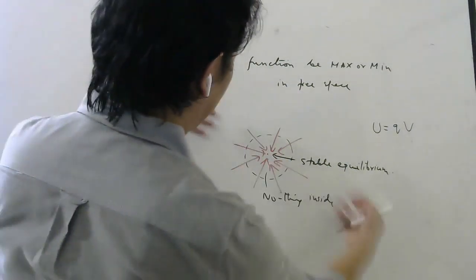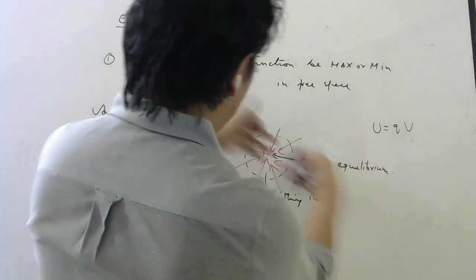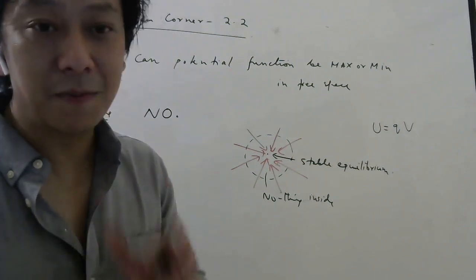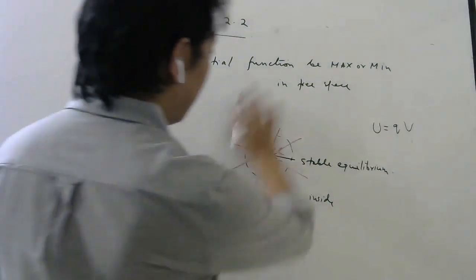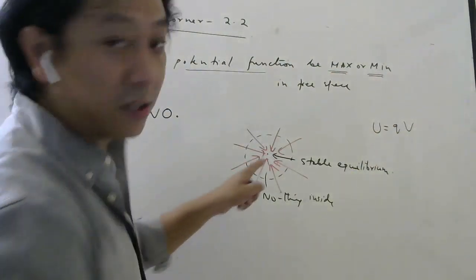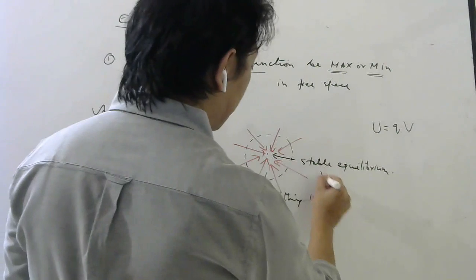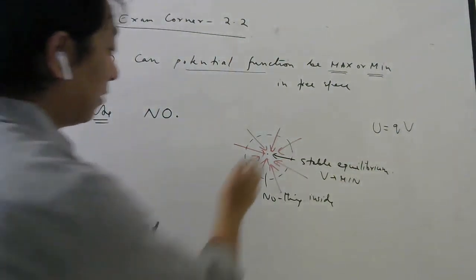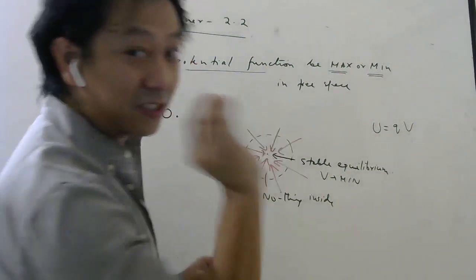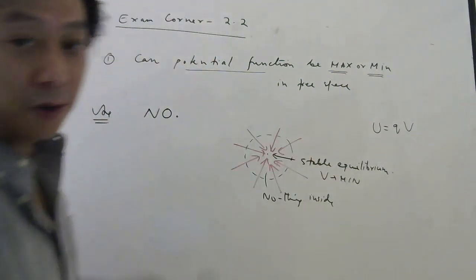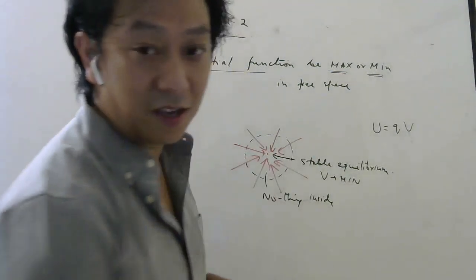Understood? And if there is nothing inside, how can there be electric field lines like this? Because if there are electric field lines like this, there must be a negative source charge here. But they said free space. So please remember, students, there cannot be any point in free space where potential has a maximum or minimum. Now you may think, sir, you explained only for minimum. Here I say potential is minimum, that is why I say stable equilibrium. If you displace the test charge, not the source charge, in any direction, it should come back. But why will it come back? Because there are no source charges here.